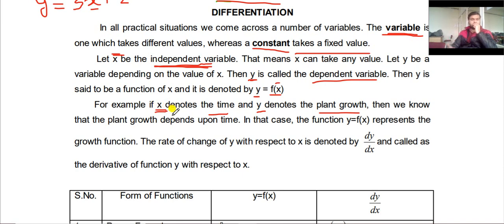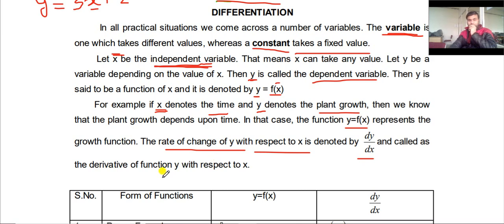When time is increasing, the growth of the plant is also increasing. So we can say y is a function of x, meaning the growth of the plant is a function of time. The rate of change of y with respect to x can be denoted by dy by dx,